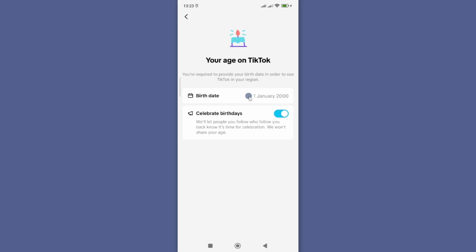However, you have to note that there might be a limit on how frequent you can change your details of